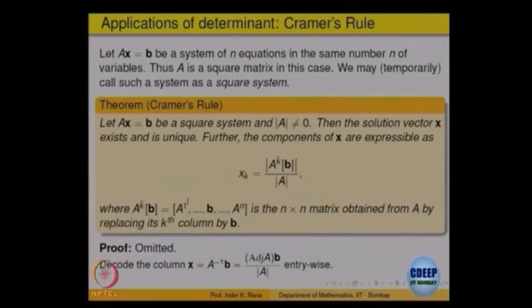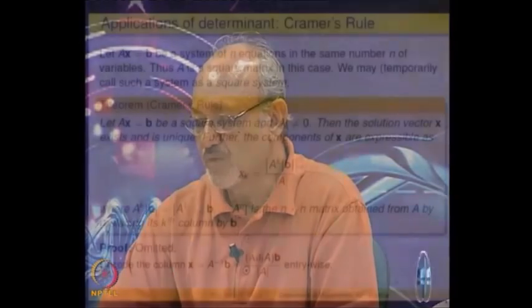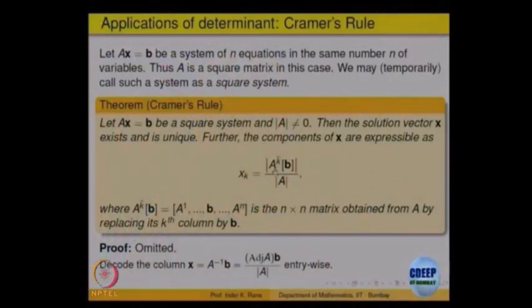I will not say much about this, but just recall there is something called Cramer's method of solving a system of equations. That is a very specialized method that works only when the matrix is first of all n cross n, that is n equations, and A should be invertible. Then how to find that unique solution? Historically it was of importance and useful. So, you can find xk by that formula.